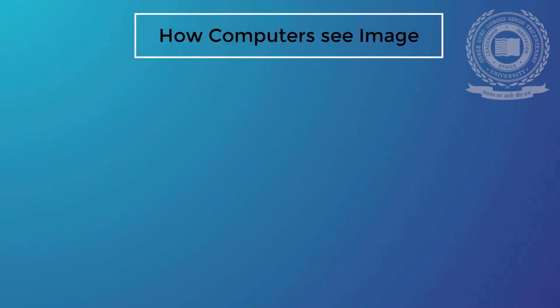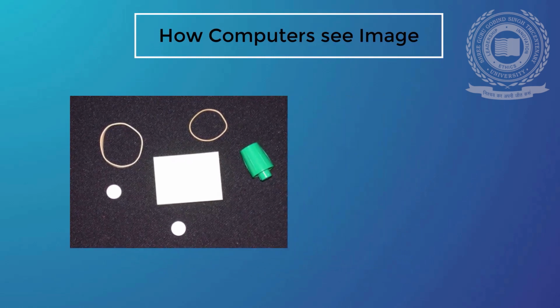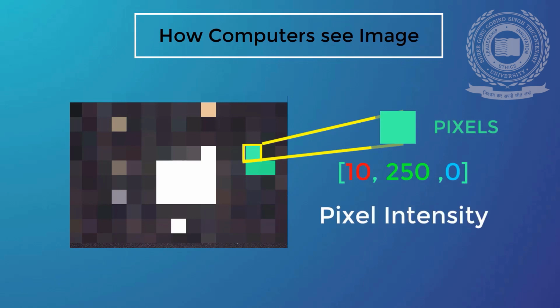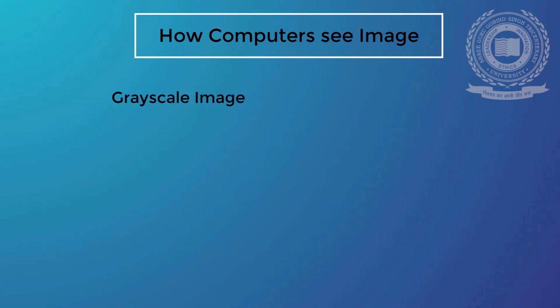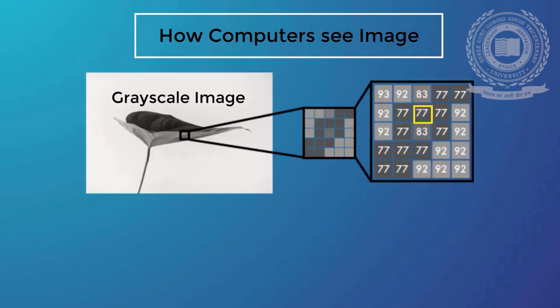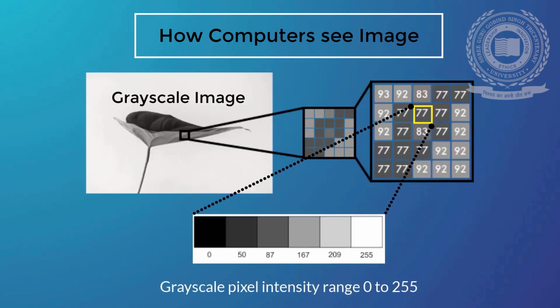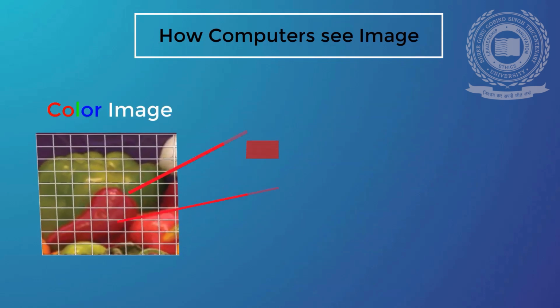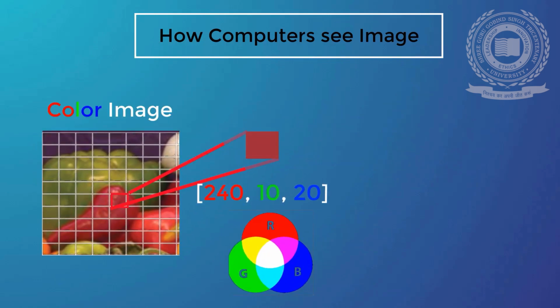To a computer, an image appears as an array of square blocks known as pixels, assigned a numerical value which indicates the intensity of the pixel. For a grayscale or black and white image, each pixel has one value ranging between 0 and 255. But for a color image, each pixel has three values, because a color image consists of three channels, each representing red, green